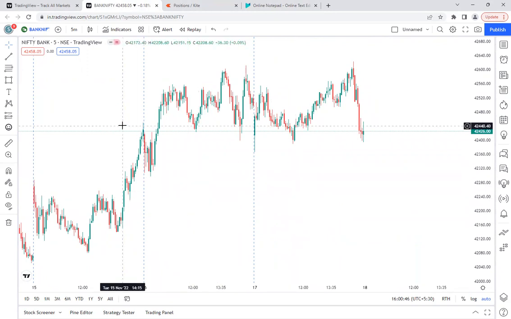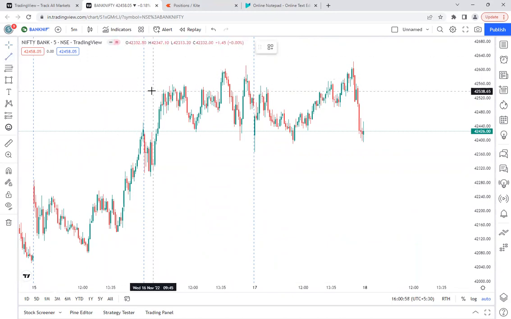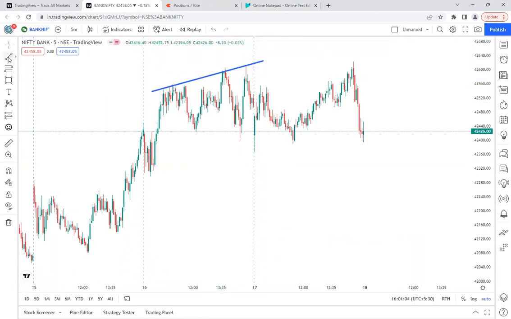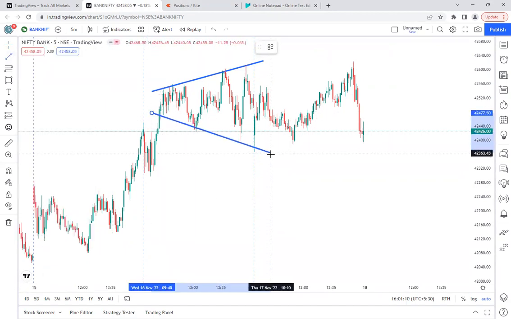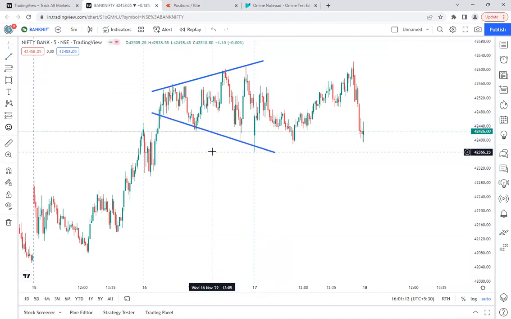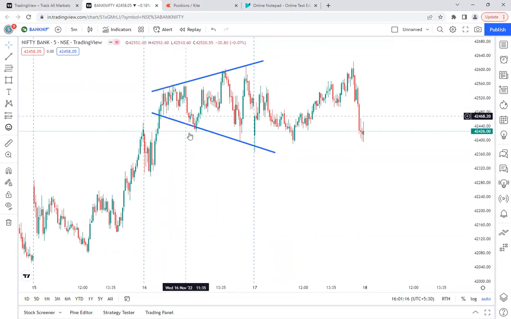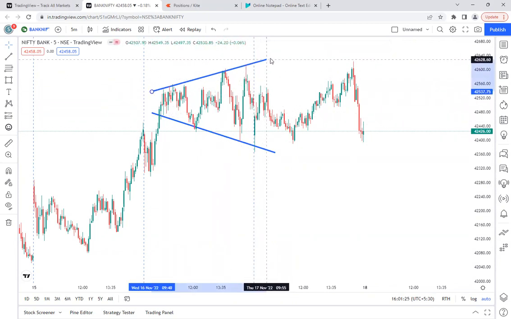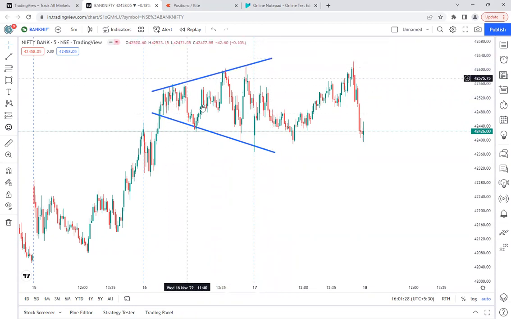Before the market opened today, I tried to analyze the chart on the 16th November. What I observed is that in yesterday's price action, they made some kind of a wedge. If I draw it, you can easily understand. I've seen some sort of this kind of price action. Bank Nifty went up to this point and fell down, went up, fell down, went up. Some people will call this a wedge also. I don't know the exact name of this, but the pattern is in this way.